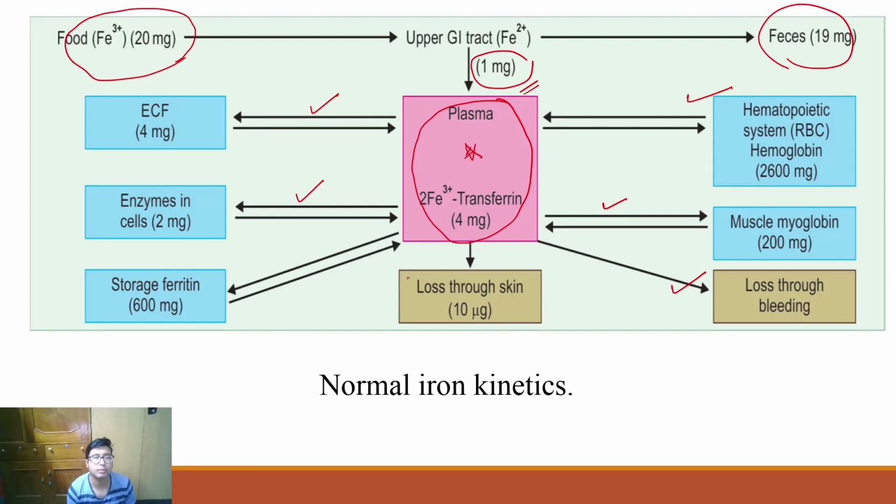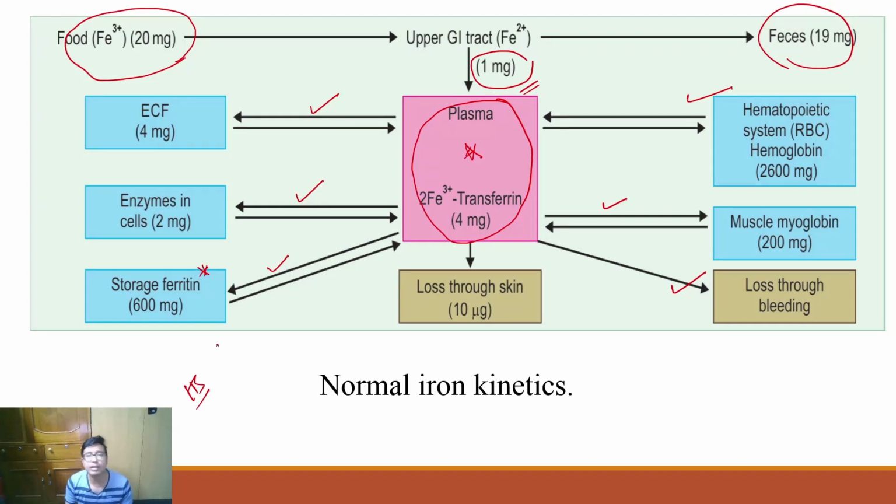And the last but not the least, very important, a substantial amount of iron is stored in the body for emergency purposes. The storage form of iron is known as ferritin. There is also another form of iron that is known as hemosiderin. The condition in which hemosiderin is in excess is known as hemosiderosis. I'll get back to that later. But for now, you should know the one most important storage form of iron, in which it is majorly stored, is ferritin.